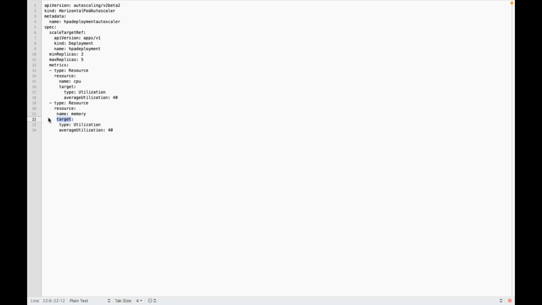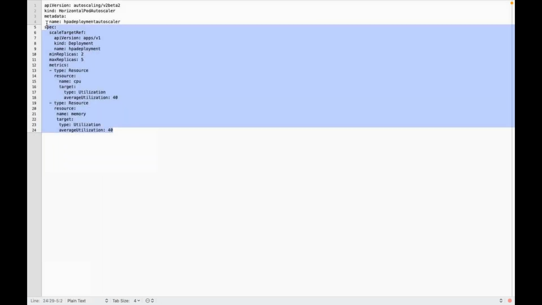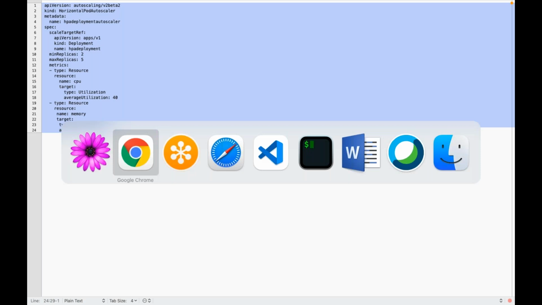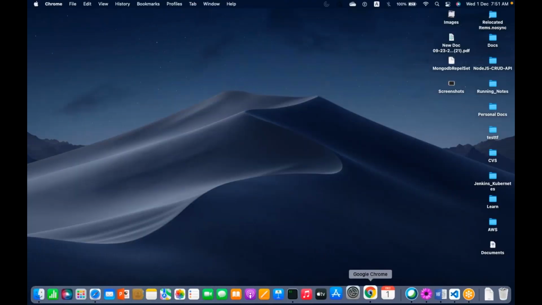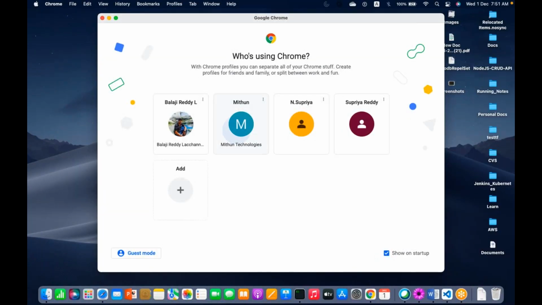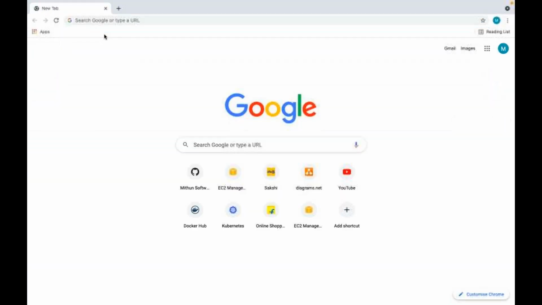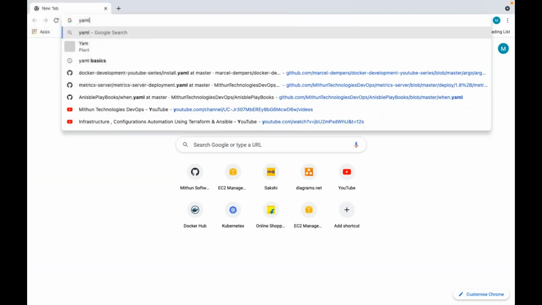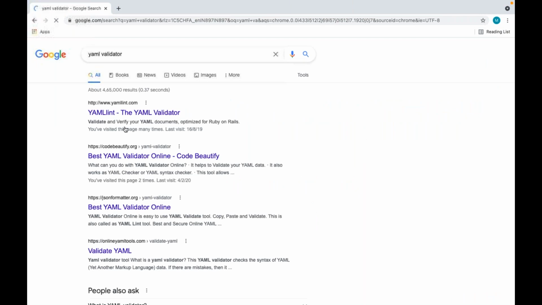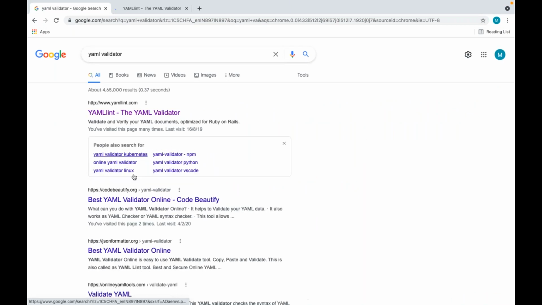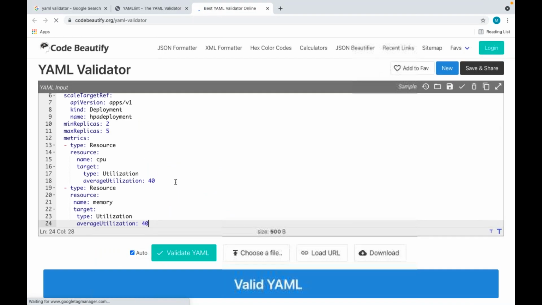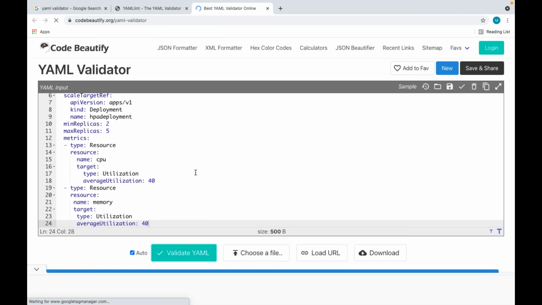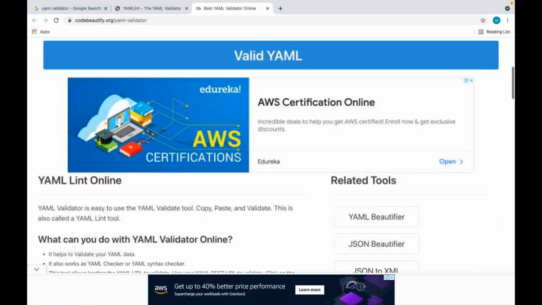A lot of online validators are there, like YAML Lint, Code Beautify, like this. You can use these things, but it will just validate whether it is correct or not.